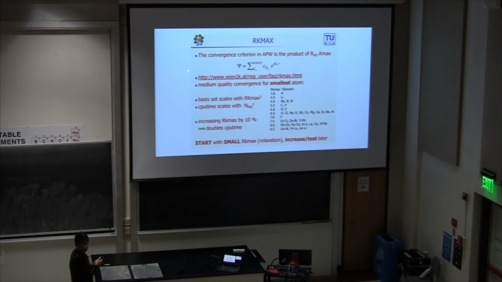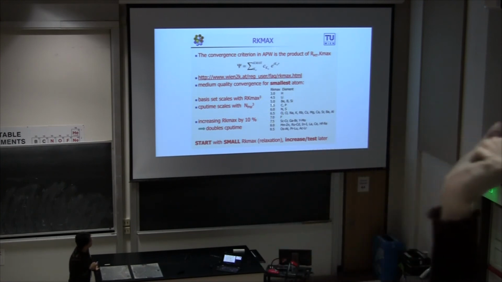Within this code that we use, WIEN2k, there is a parameter called RK max, and it is the multiplication of R by K max. R is the radius of the muffin tin, and you can take the radius of the muffin tin, for example, to be half the distance between nearest neighbors. This is a very common parameter. You take the distance between neighboring unit cells, half of that would be the largest muffin tin radius that you can define. Okay, so then